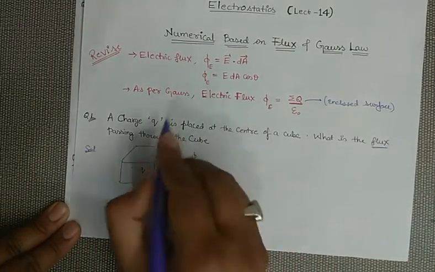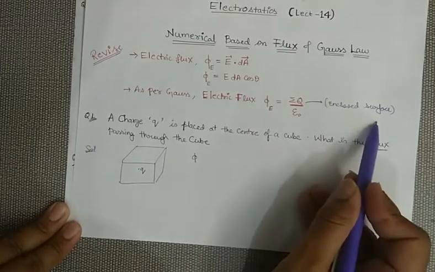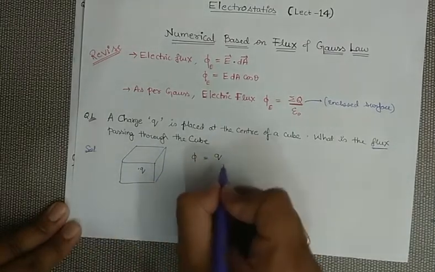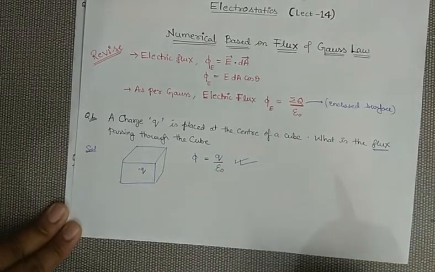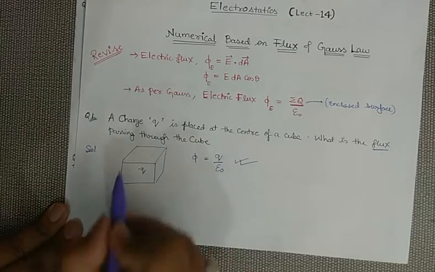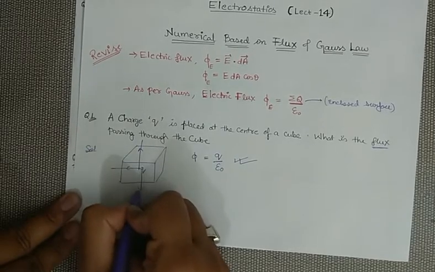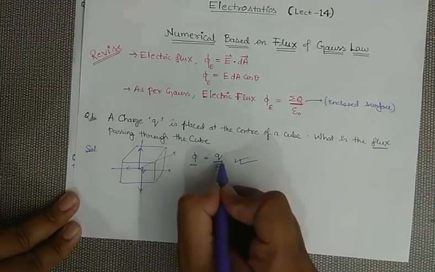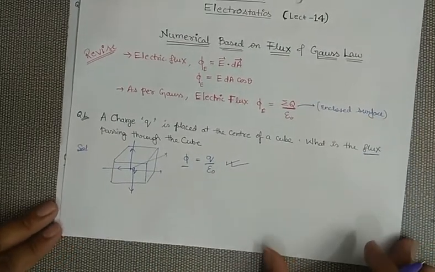Now as per Gauss law, flux is the total charge enclosed in the surface divided by epsilon naught. The total charge present is Q, dividing it by the permittivity epsilon naught. So this will be the answer. Very simple approach: the total flux will be Q by epsilon naught. Because we know if this is the charge, the electric field will be coming in every direction, downward, backside, everywhere. So the total flux is the total charge divided by epsilon naught. This is a very simple approach to the first question.